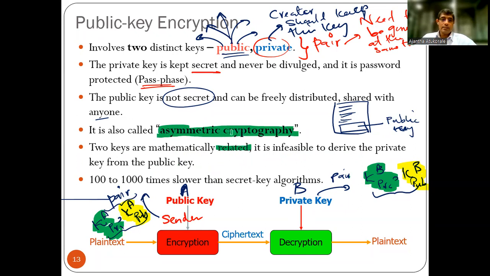So someone can ask, if one key is known, like let's say this yellow key is known, is there a possibility that we can generate the private key? That's what infeasible means. I will not say impossible, because nothing can be guaranteed. As of today, it's impossible, but there may be a day when someone is able to do it with some mathematics or some technique. So remember, whenever you get to know